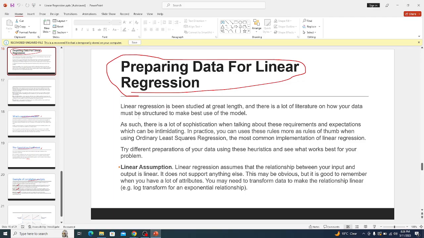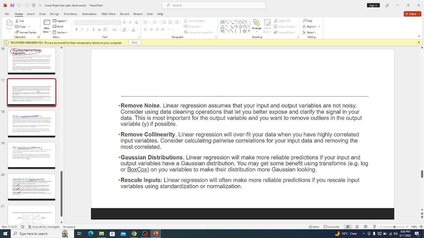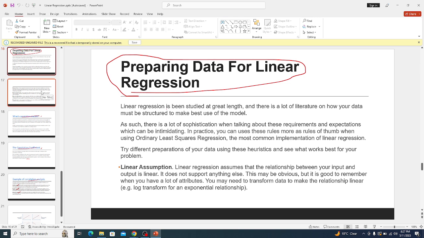All right. So today we are going to discuss some steps which we usually use when preparing data for linear regression. Then after that, we shall do a simple linear regression. So with that, under linear regression, we are going to use